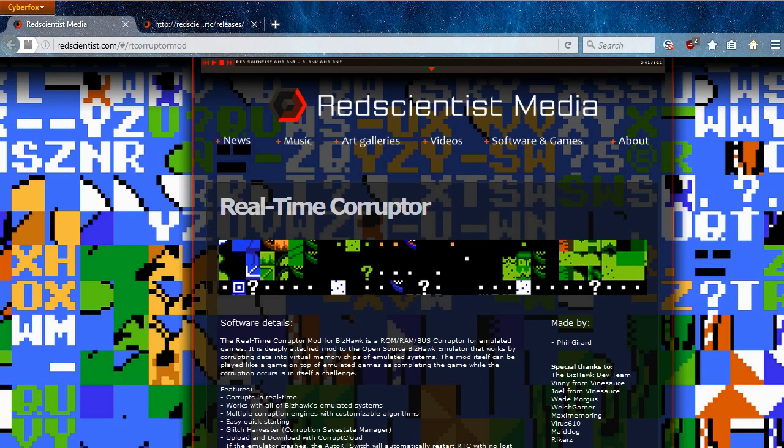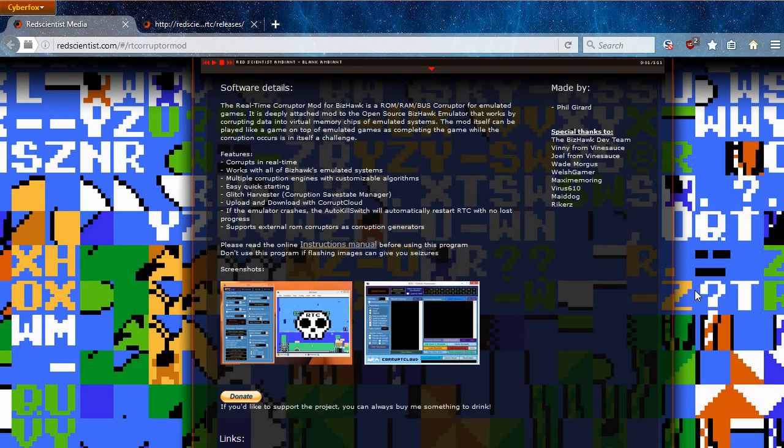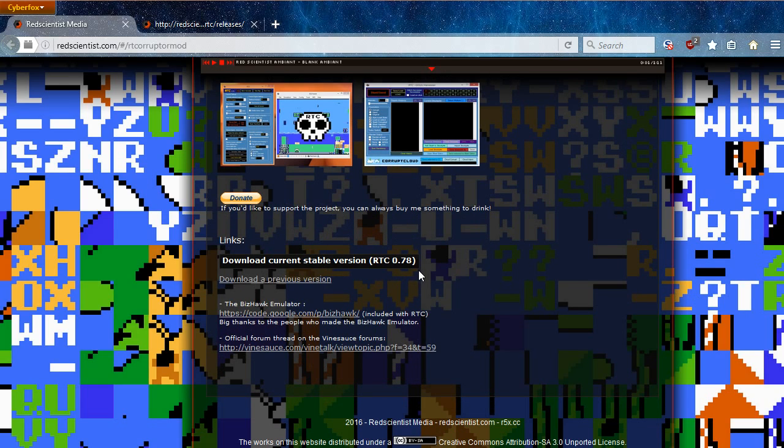So before I get into the actual Corruptor, this is the website for the RealTime Corruptor, and while it's been in development for a pretty long time now, several years, unfortunately in the past few months, everything seems to have gone dark, which is a problem because the newest release, version 0.78, has a few weird bugs that I've definitely run into, where games will just randomly decide to run at 50 or 75% speed. And so